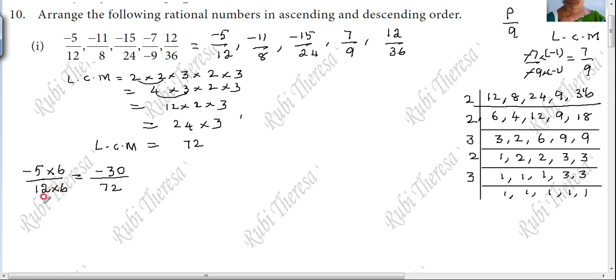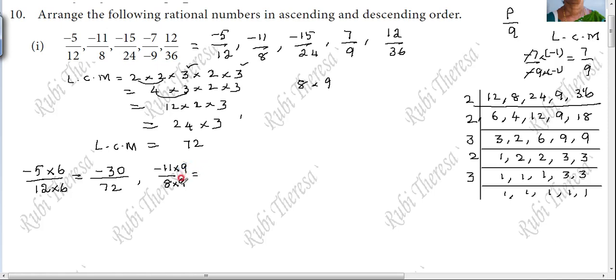Do you follow? So next number, next one is what? Minus 11 by 8. 1 by 1 also if you want to write also you can write it. Understand? So here 8. You see 2 2s are 4. 4 2s are 8. So 8. What are the remaining numbers? 3 into 3. That means what? 9. So 8 should be multiplied by 9. Then automatically this minus 11 also should be multiplied by 9.